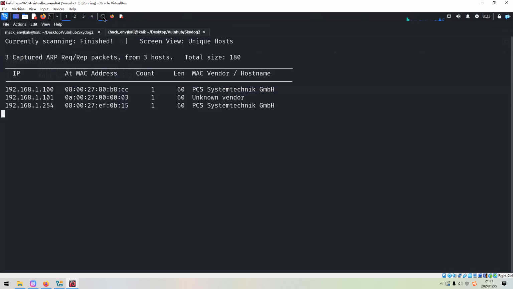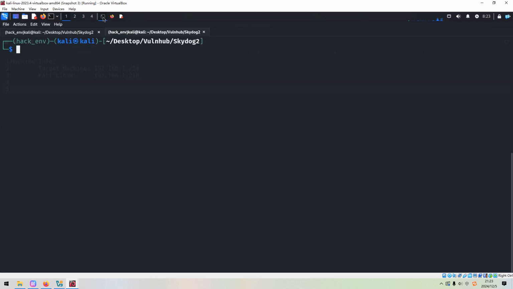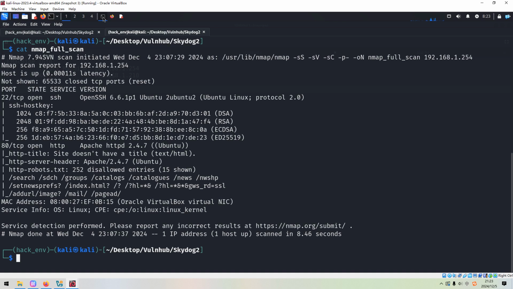Next, we need to do port and service scanning with Nmap. To save time in this video, I've already done that before. So for now, we just cut out its result. As you can see over here, I used the options like SYN scan, the version scan, the default script scan, followed by -p- to do the full range port scan. The last option for all is -oN to output the result into this file.